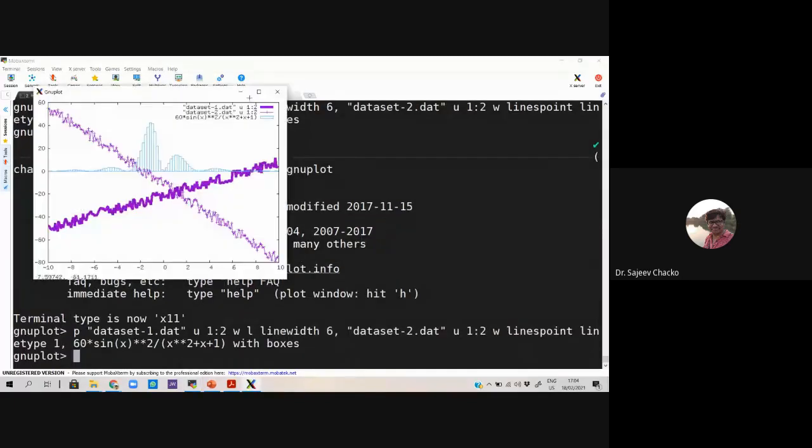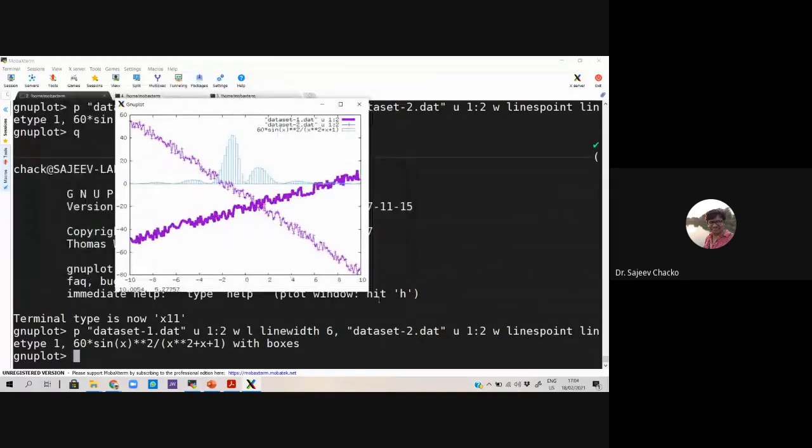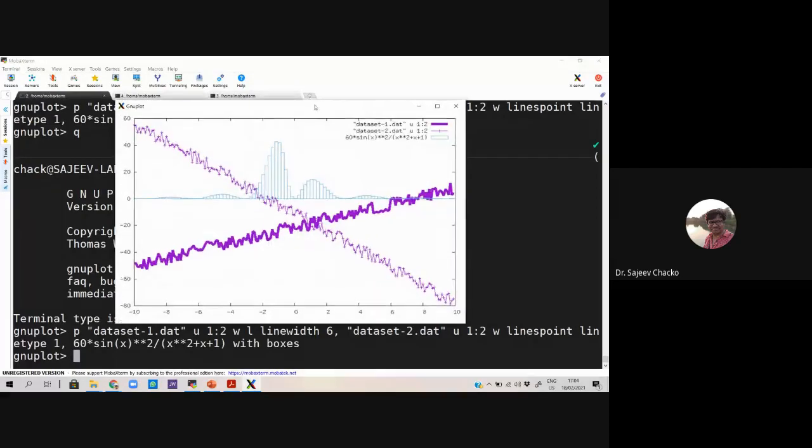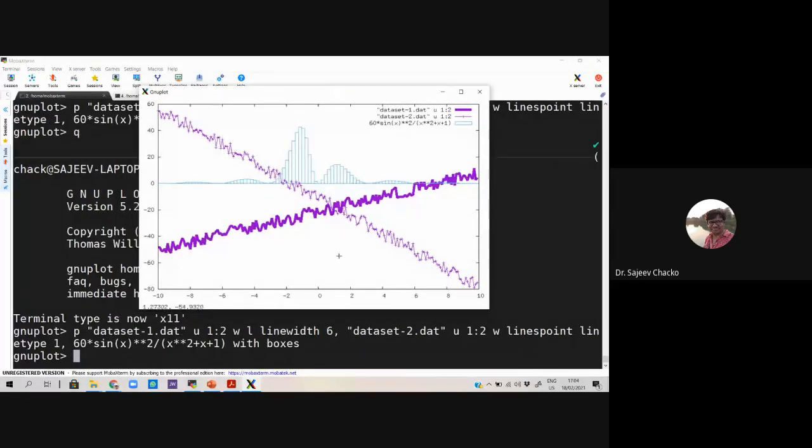I would like to keep a reduced, smaller version, so that it can be shown along with the text. This part is called key, on the top right corner. The first data set could be something else, the second data set could be something else.